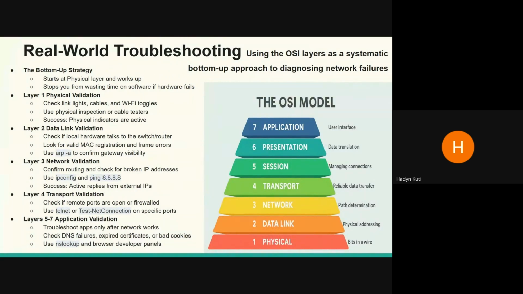across the public internet. Then we move into layer 4 transport validation, where we validate if the remote server port is actively accepting connections or blocked by our firewall policy. Just because you can ping a server doesn't mean its specific application is running or available to you. This utilizes a targeted connection tool like Telnet or Test-NetConnection on